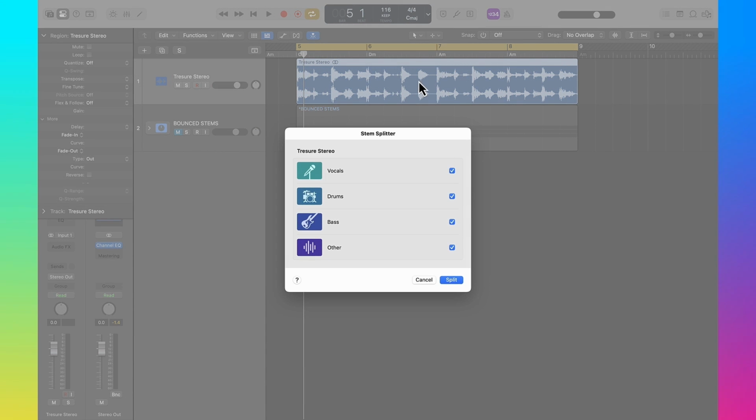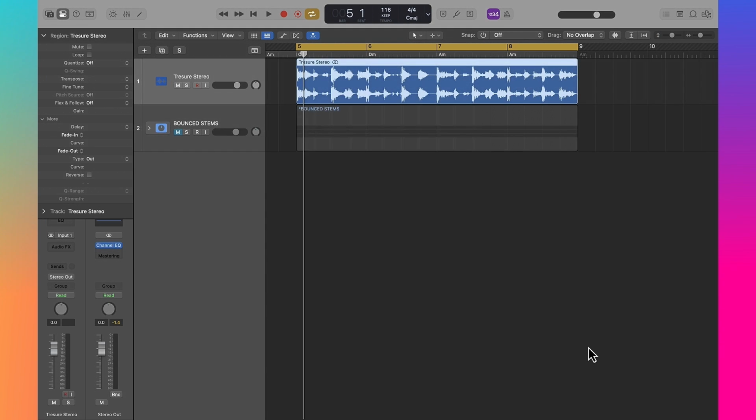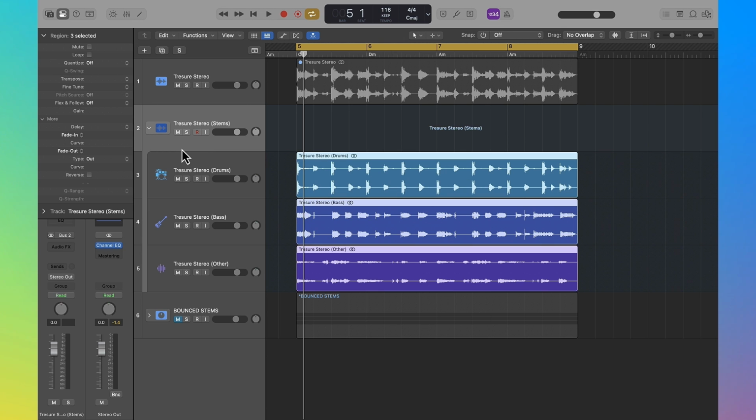Now, we can select what we want to extract from our 2-track stereo stem. So there's no vocals in this track, so we're going to just turn that off. Let's have it just take the sum of the parts, right? We have drums, bass, and other. Let's hit submit. Let's hit split, and we get this. Woo! That's pretty good,